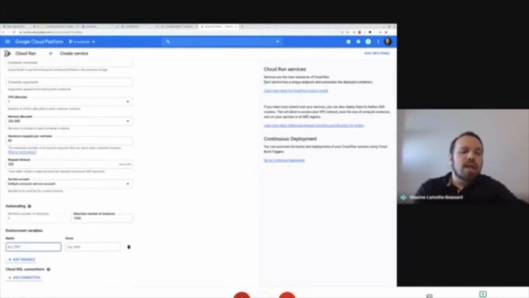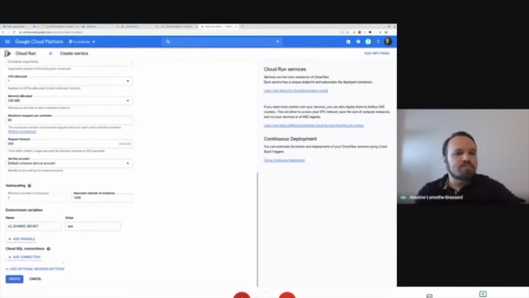And I'm going to set a shared secret. This is a string of any kind. We recommend just using a GUID or something like that. It is used both by your service and the LimaCharlie cloud, so that your service can authenticate that the hooks it's getting from the cloud are legitimately produced by LimaCharlie. So for us, we'll just set this to AAA. We don't really care. And we'll go ahead and create this.